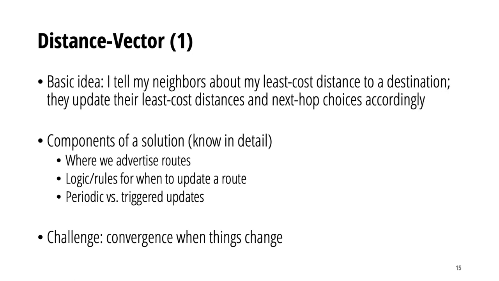If you remember, Murphy said, if you hear about a destination you've not heard about before, put it in your table. If you hear a lower cost distance for a destination than what you currently have in your table, then update your entry. Or if you hear from your current next hop with a change in the distance, then always accept it because that next hop knows best. We also talked about periodic versus triggered updates. And then we talked about this challenge of convergence, which is when things change. Routing is very simple when there's nothing changing in the network. If you have links go up or down, link costs that change, destinations that arise, then everyone has to